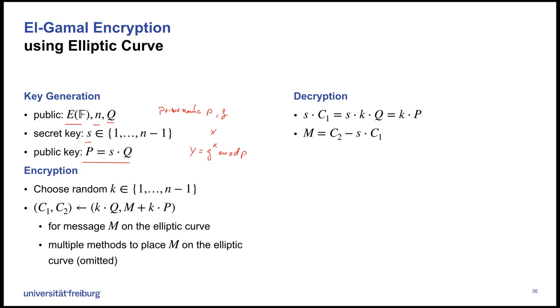Now, for encryption, in ElGamal, how did we do encryption? So we had a random number R, and we produced two messages. And here we have a random number K, and we also produce two messages. The first message will be the random number times Q. And in ElGamal, the first message was G to the R. Okay, that was the first part. You can see that's the same thing somehow. And the second part was in ElGamal, the message